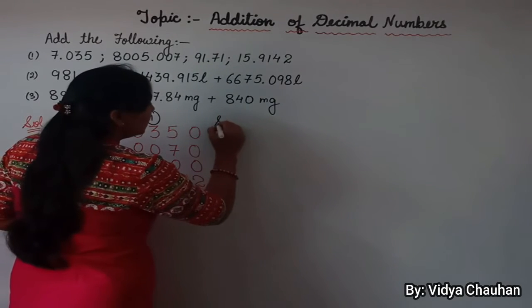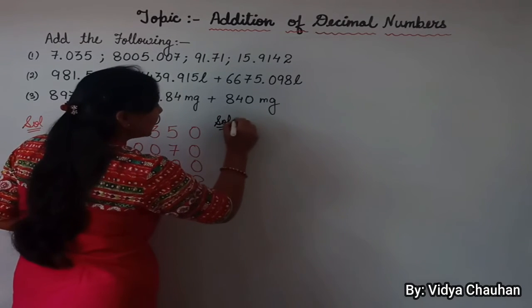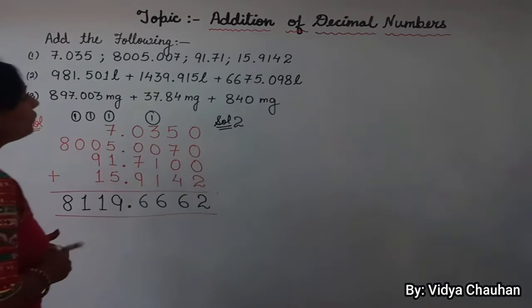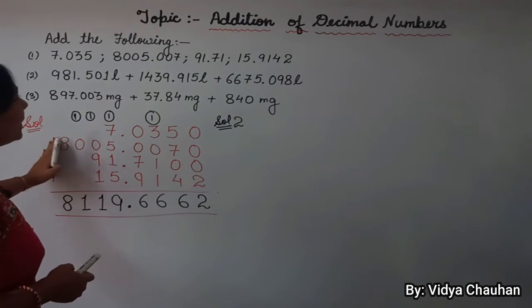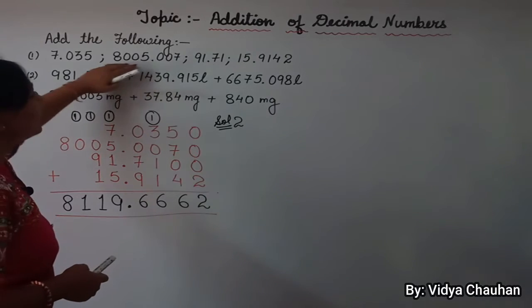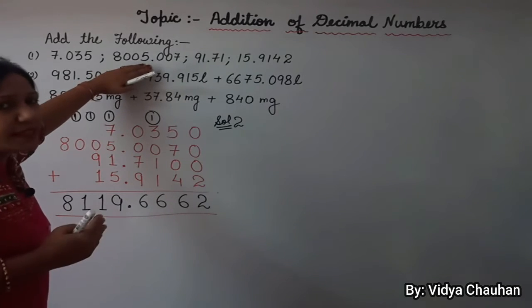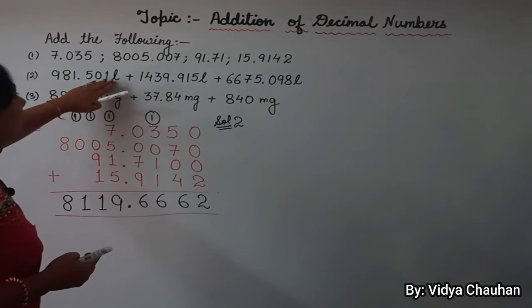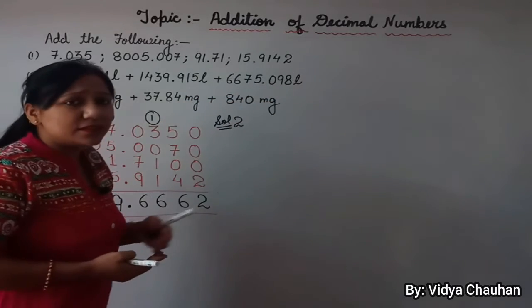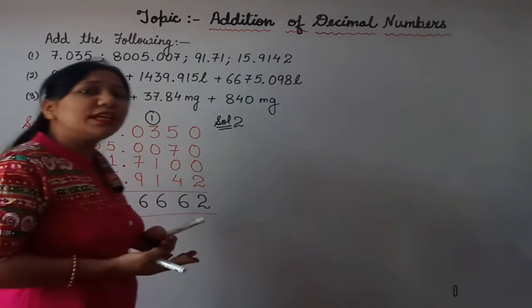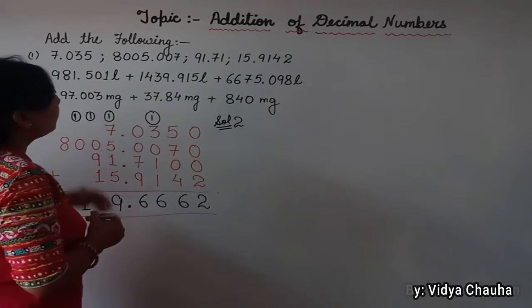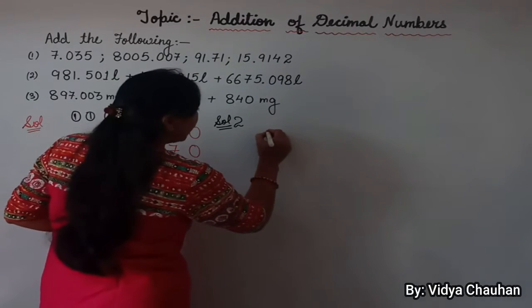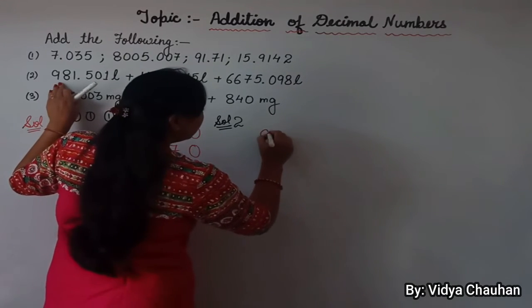So this is your solution number 2, second solution. The solution for the second number will be the same as we have done here. The only difference is that the terms given to us before were just decimal numbers. Now the terms given are in liters, some volume which is in liter. So this is a capacity. Now let's add this up, writing up the first number.